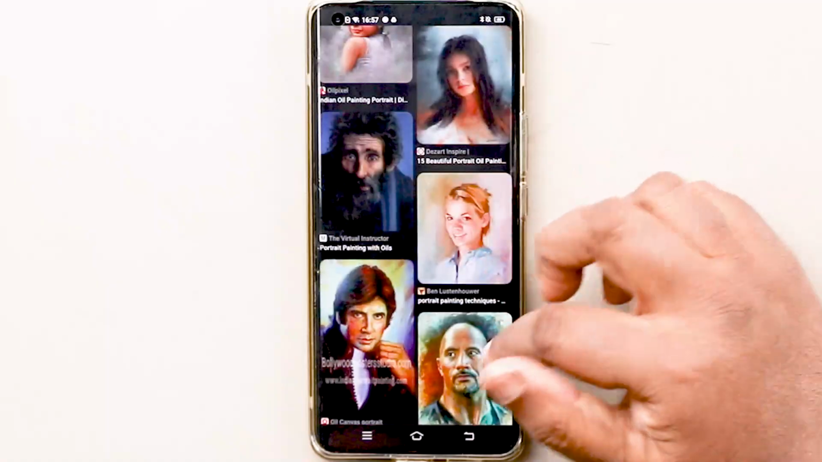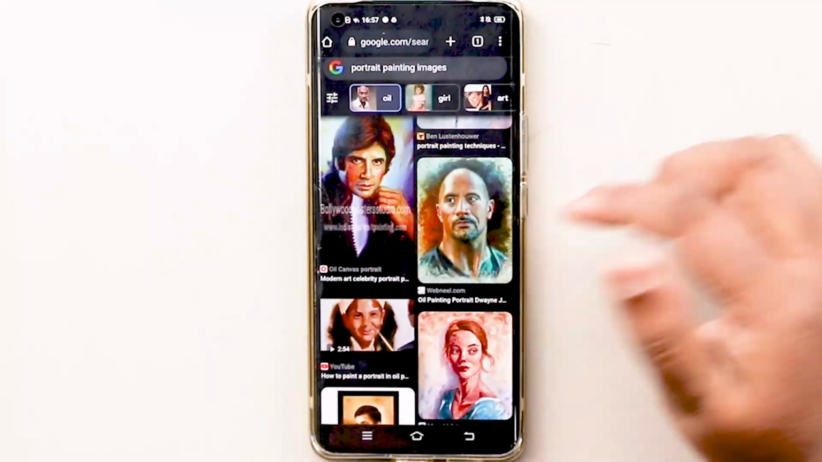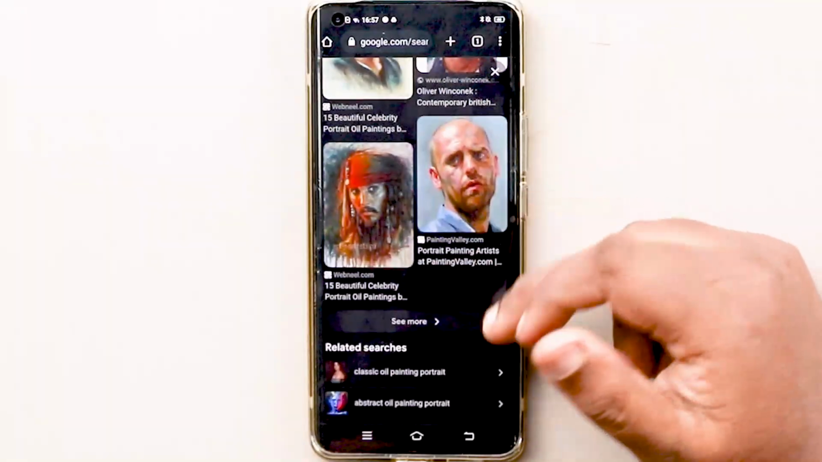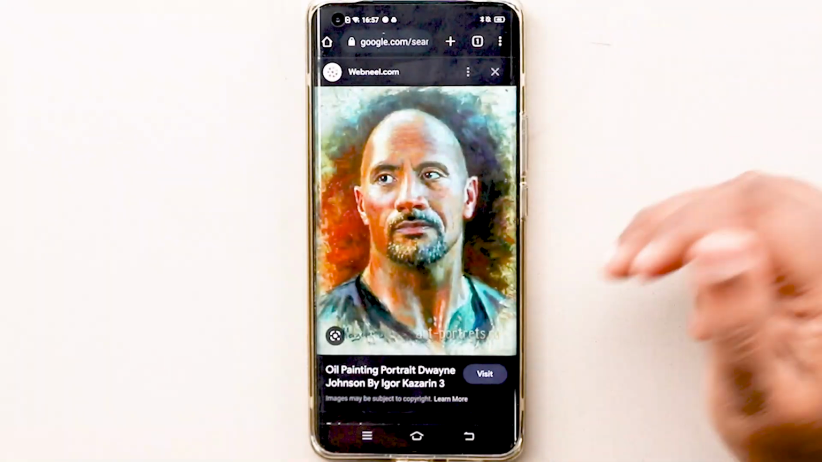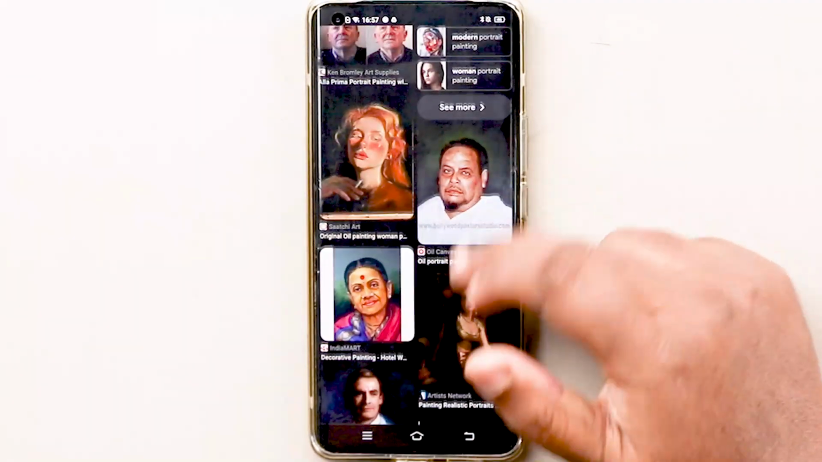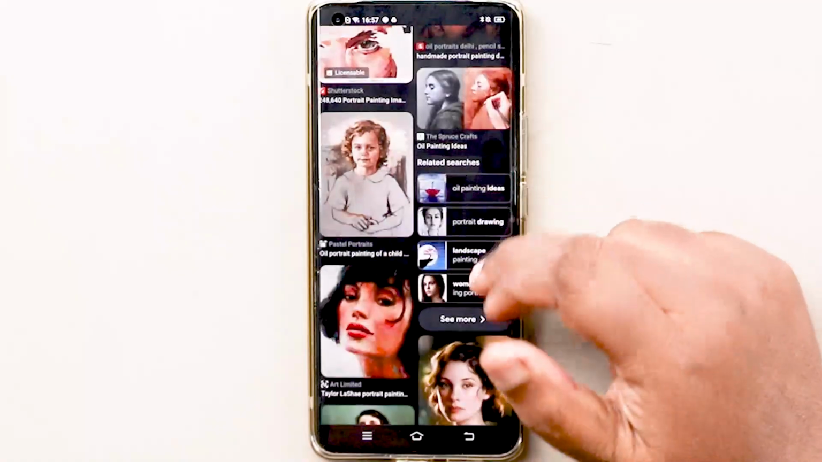Now once you're liking, say, one image like that, obviously there'll be similar images that you can still go and browse. And say if I'm just going to pick out an image,